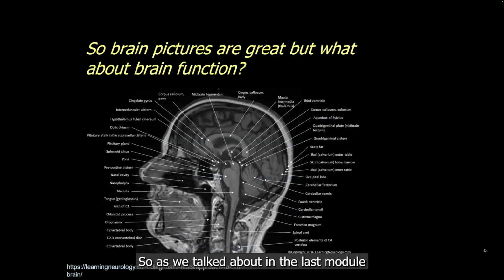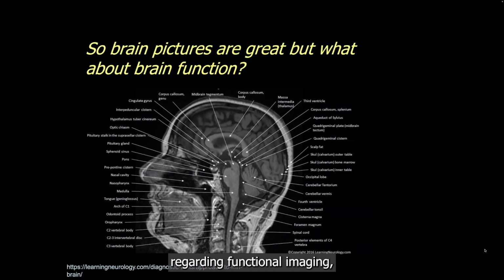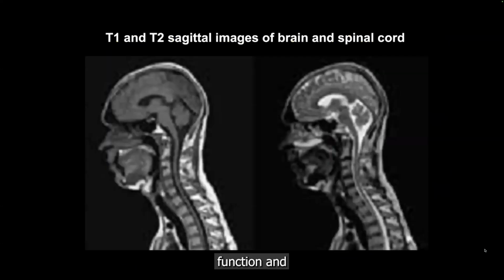So as I talked about in the last module regarding functional imaging, MRI and other techniques can give us images of the brain, which can be incredibly helpful to look at neuroanatomy and different parts of the brain. What they don't tell us is about brain function. And these are cross-sectional images. These are sagittal views of